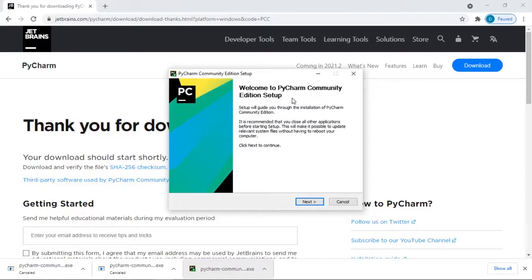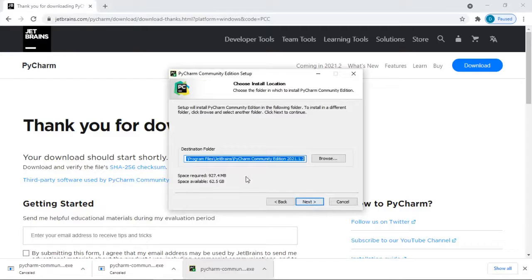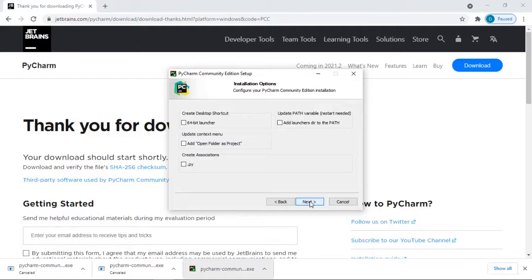Welcome to PyCharm Community Edition setup. Follow next. This destination folder, if you can make it shorter, you can keep as it is. You can create associations here. You can also create a desktop shortcut. Then for .py, Python file association can be created.